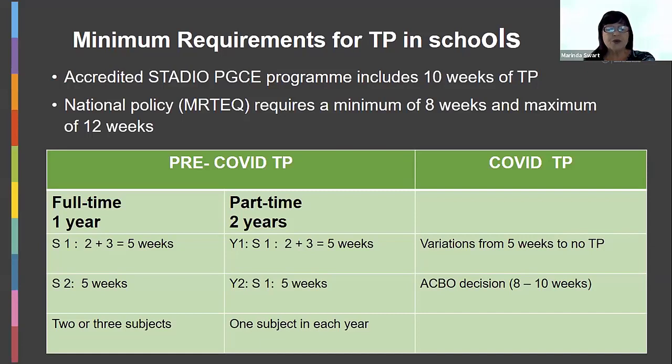All students, whether you are full-time or part-time, when you are in the school for TP702, a Stadio assessor will assess you at least twice in your subjects, and therefore part-time students should in year 2 be able to teach in both of their subjects. Right, so